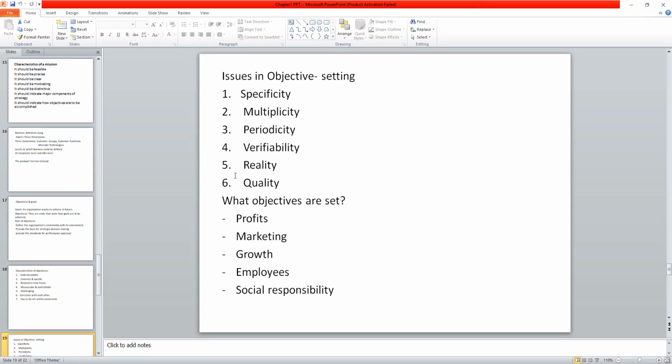Similarly, there is the issue of verifiability. Each objective has to be tested on the basis of its verifiability. That is, it should be possible for management to state whether an objective is being met or not. Once the task is completed, one should be able to verify whether the preset objectives were accomplished or not. So here again, the performance of that particular task directed towards the goal has to be taken into consideration.